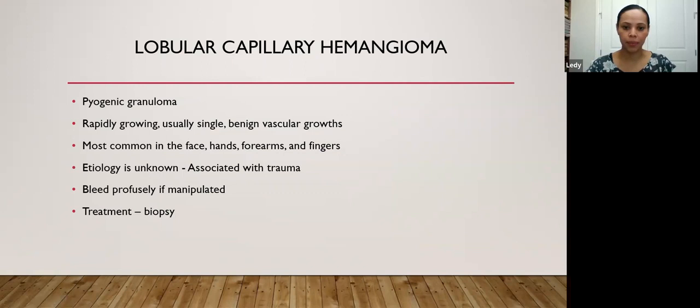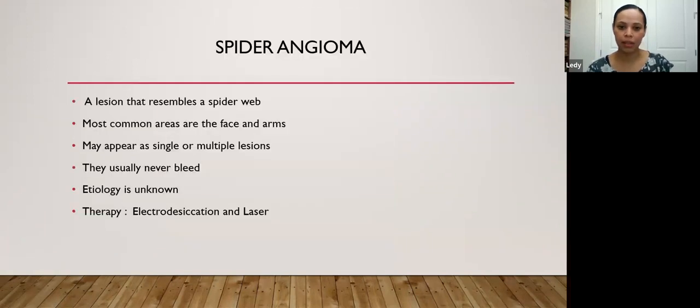Okay, so we'll continue. All right, so the second one that's very common in the face is a spider angioma. It's usually a lesion that resembles a spider web. Most common areas are the face and arms, and it may appear as a single or multiple lesions. They usually never bleed. So remember, pyogenic granulomas bleed a lot. The etiology is unknown. It's also associated a little bit with trauma. Some people say that it could also be associated with